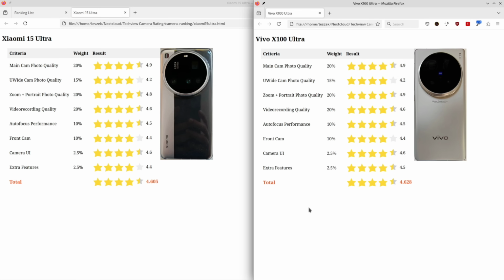But at nighttime, the Xiaomi is, I will not say a complete failure, but the very large zoom lens that it has should just perform a little bit better. They struggle with the stabilization. There's motion blur introduced. You can see that at 10 times, where they would be equal if the motion blur would not be there on the Xiaomi 15 Ultra. The stabilization could be a little bit better. When you zoom in even further, then the Vivo's algorithm is kicking in and smoothing everything out,